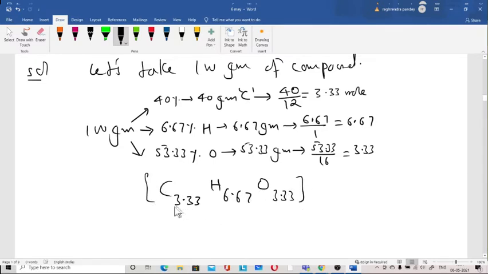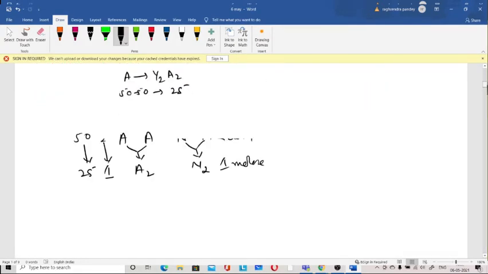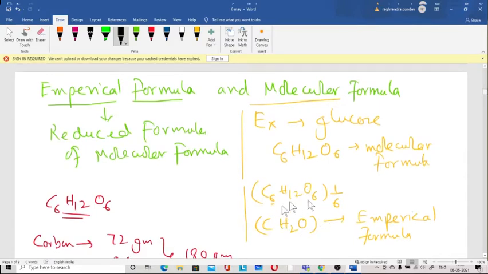Okay, so what is the lowest number? We divide the fraction by the lowest fraction. So what is the lowest fraction here? 3.33. So we divide all this by 3.33. So what is the empirical formula coming out? CH2O. Okay, that we did earlier, but just to show you, this is the empirical formula we did, CH2O. So that is how